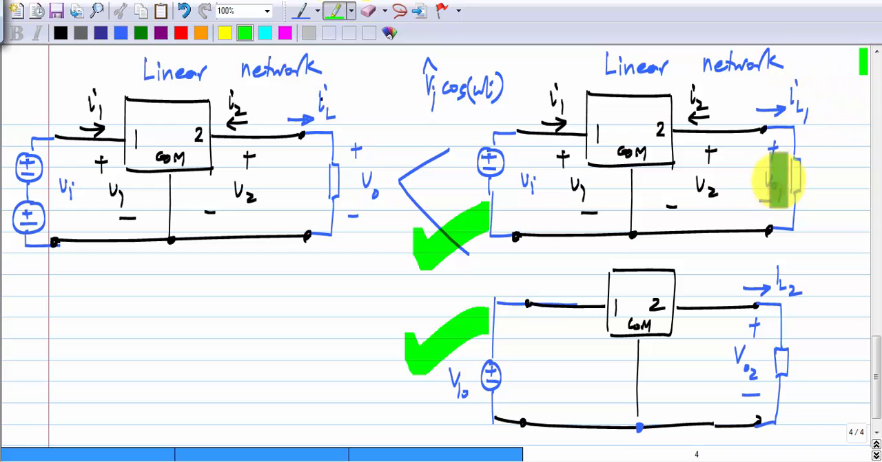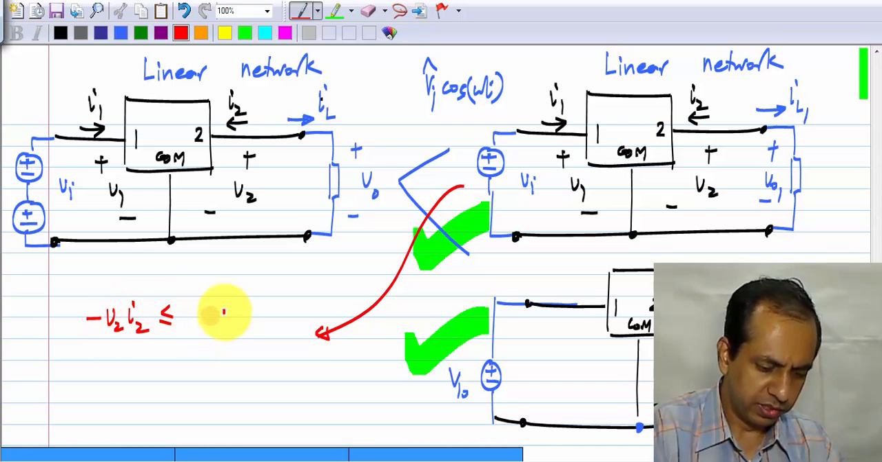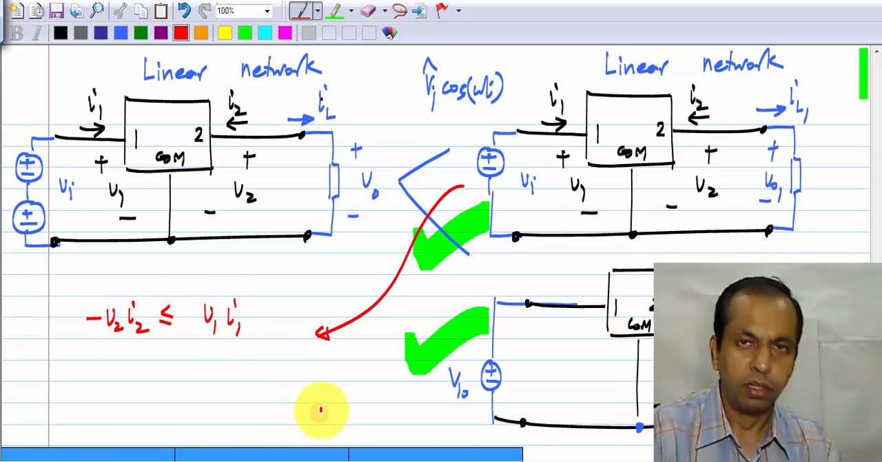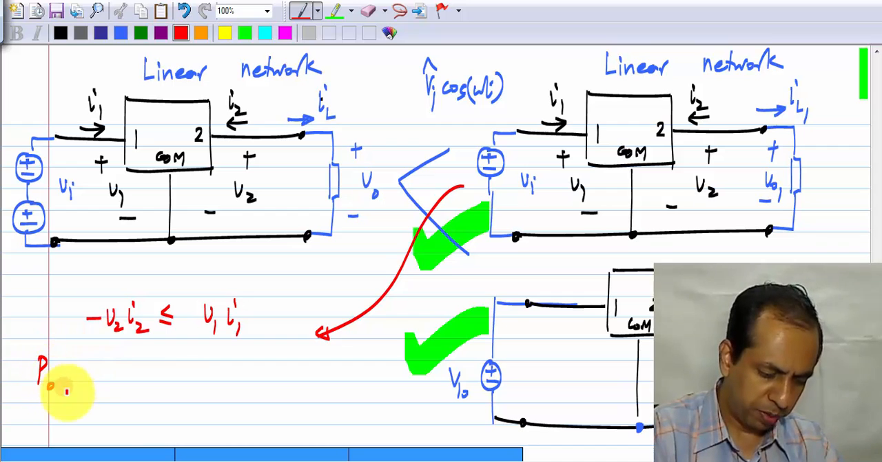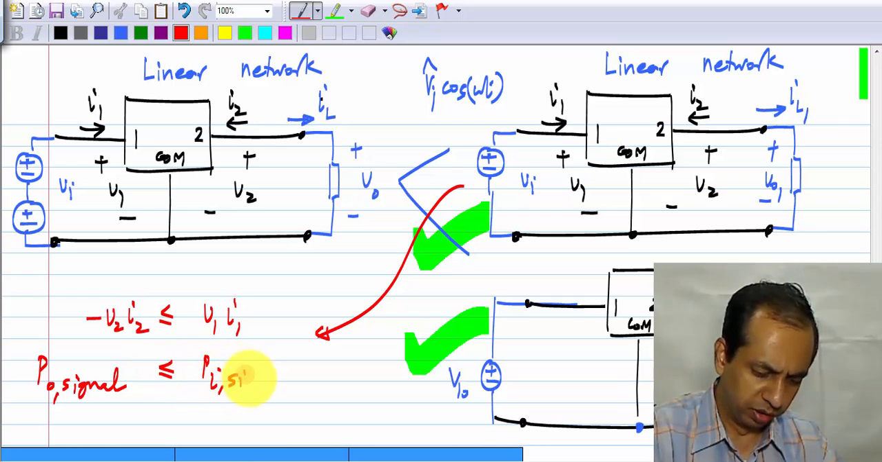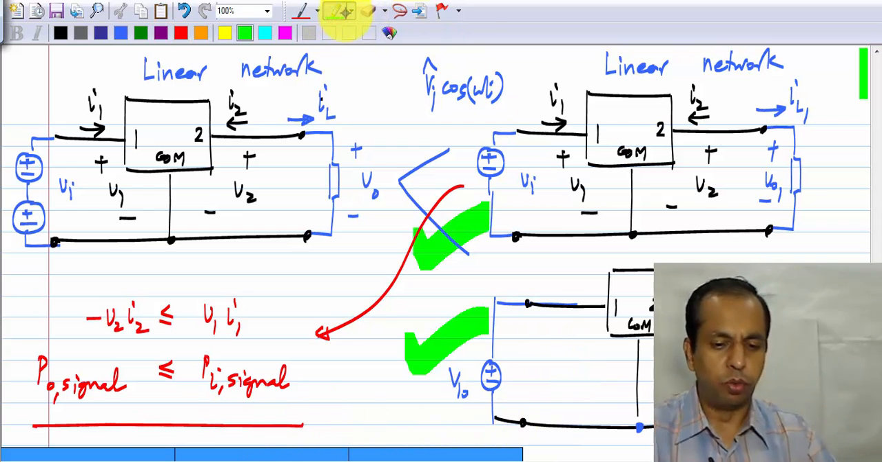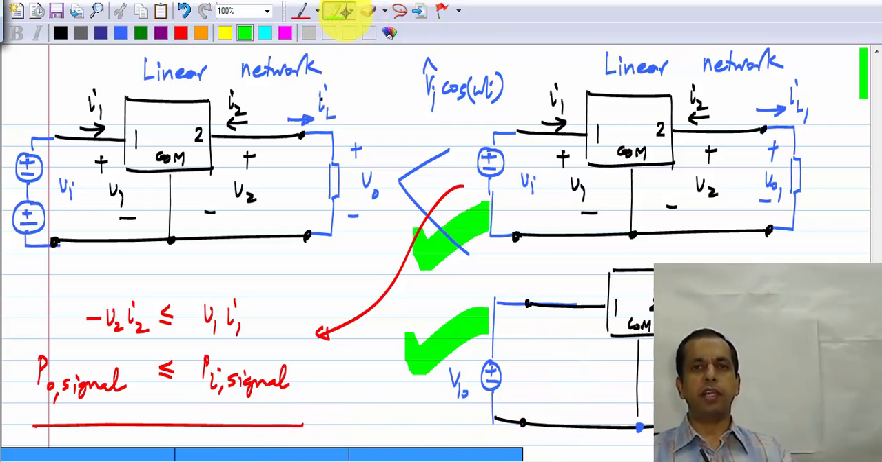Both IL1 and VO1 will be sinusoids, and their product is the power. In this case, we already know that minus V2 I2 is less than or equal to V1 I1. So, the output power due to the signal component is less than or equal to the input power due to the signal component. What it means is the following: if you have a linear network, even if you use an additional source of power,